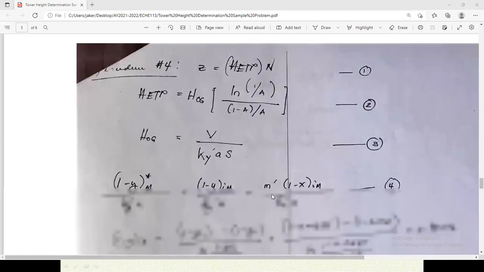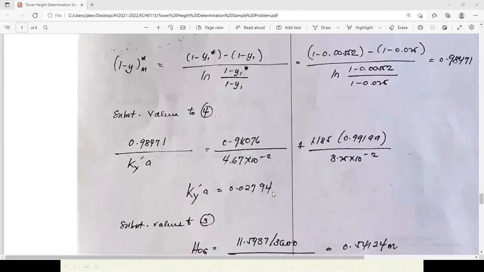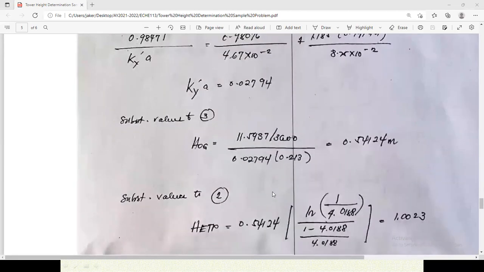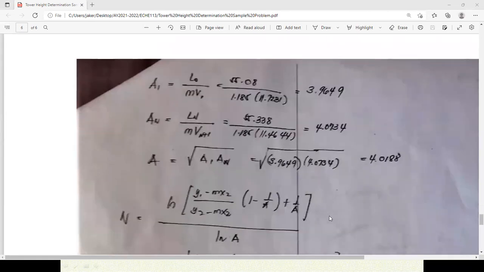For the HETP, you use this value and the gas absorption value here. You know how to find the gas absorption value anyhow. So the gas absorption value, where is that? Here in the HETP. So your HETP is 1.000023. As to finding the gas absorption factor, since the two are really far from each other, meaning your operating line is not entirely straight, since the gas absorption factors are not comparable, we need to determine